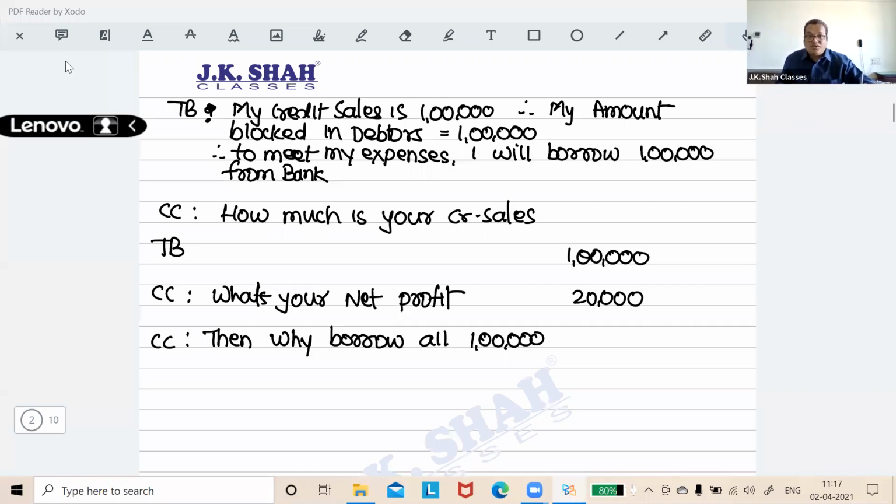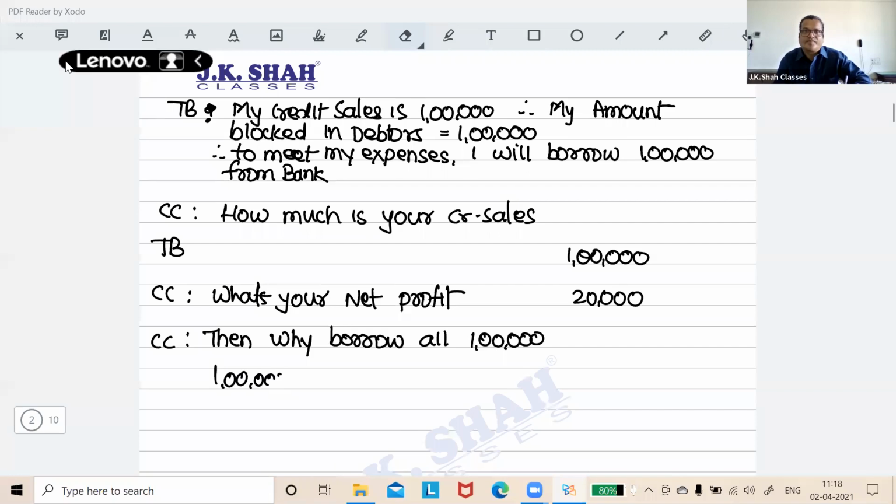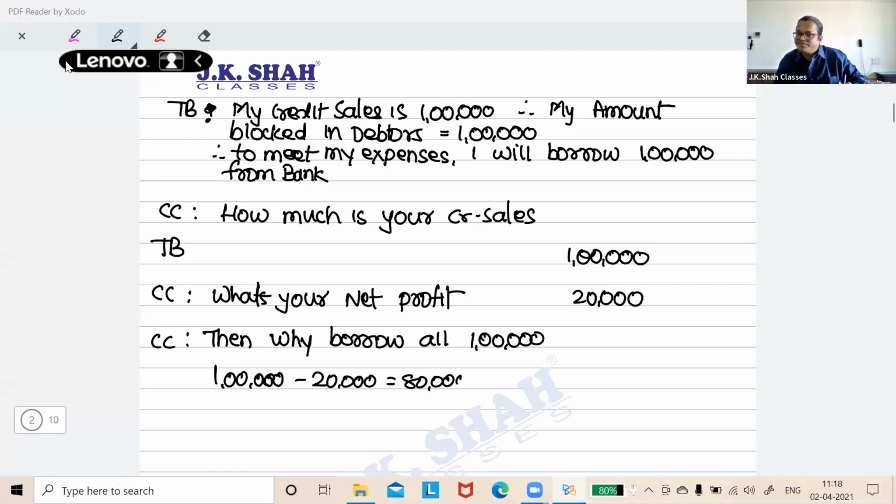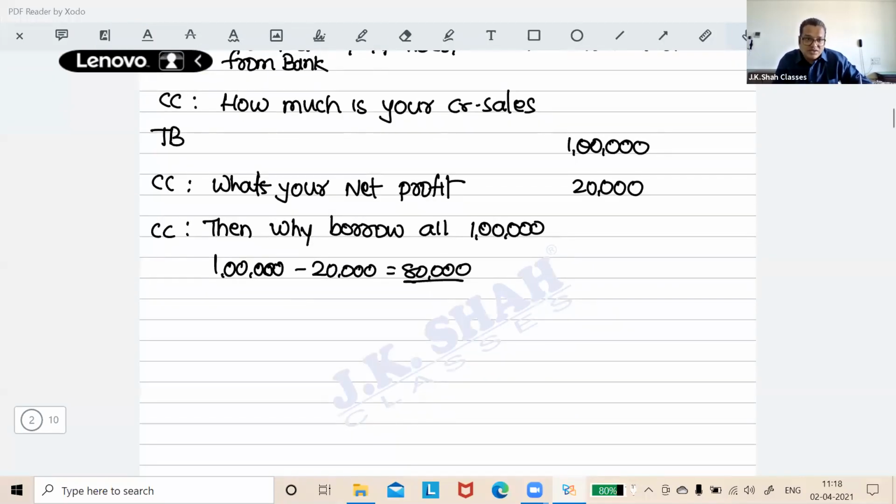Okay, so then why borrow all 1 lakh? So what to do? He says, okay, do 1 lakh minus how much? 20,000. 80,000. Okay. See now what happens? This is not done. See, again he asks him,